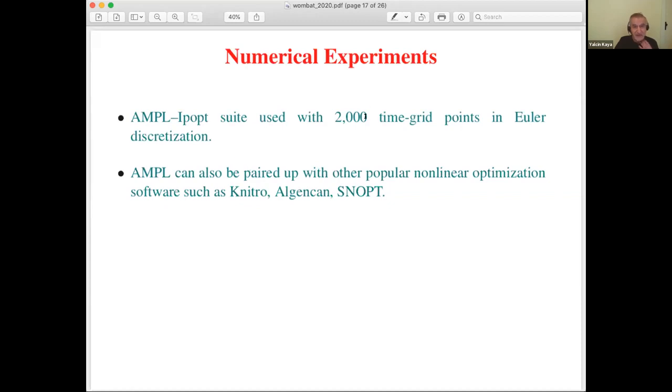And we use 2000 time grid points. So it gives a very large scale problem when you think that we have 6 differential equations, and we have a control. So you have something like 14,000 variables, but the useful catch here is that the